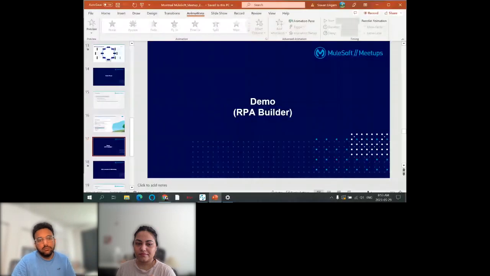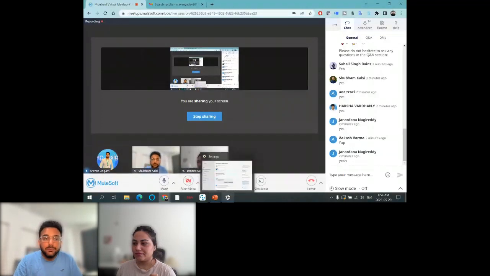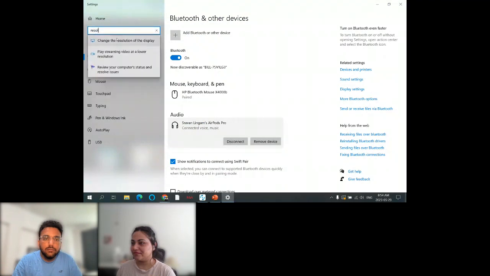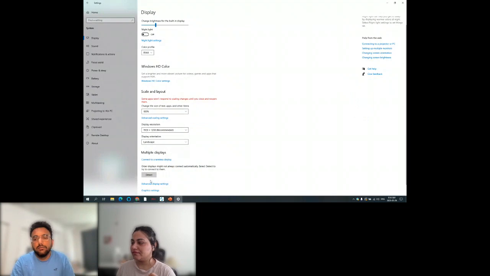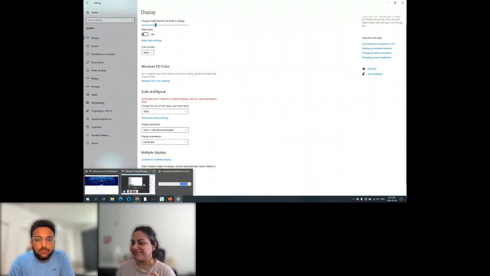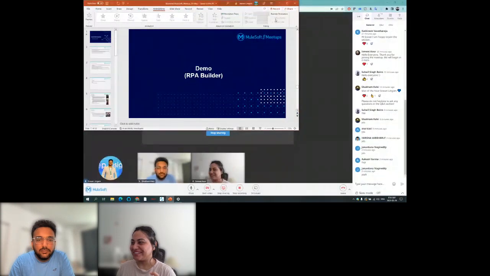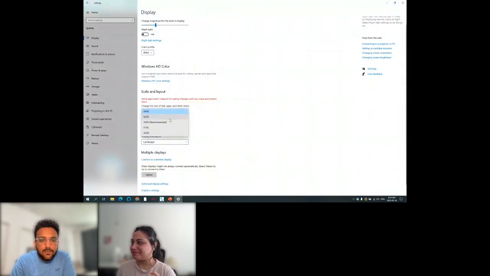So now I will change my screen resolution. You might be seeing it very small. Change the resolution of the display. Currently I have 150, but I am keeping it at 100. You will see it very small. How does this look, Smith? Tiny, right? Yeah, but I have no option. I need to use this to get started. Okay, guys, even before getting started, I will just change this back to 150.